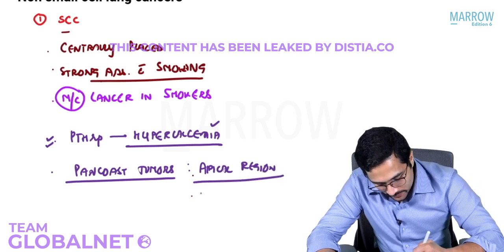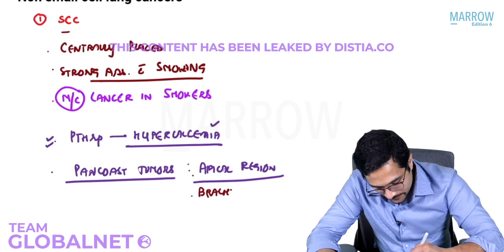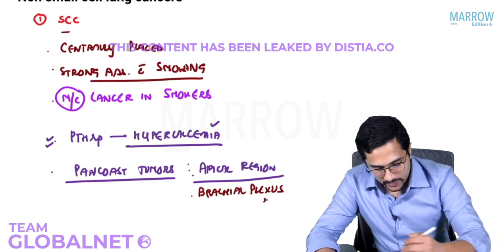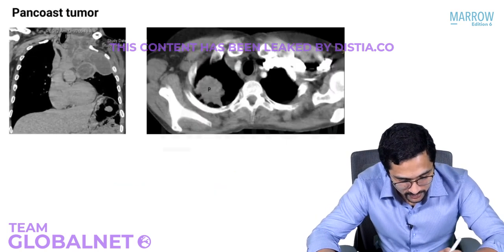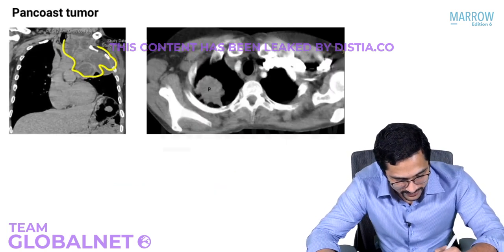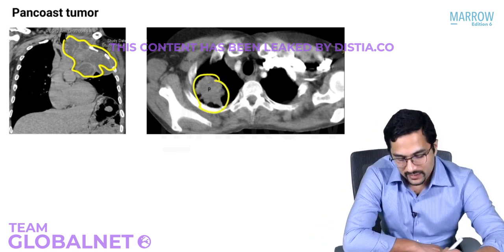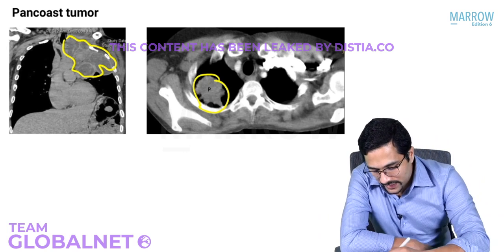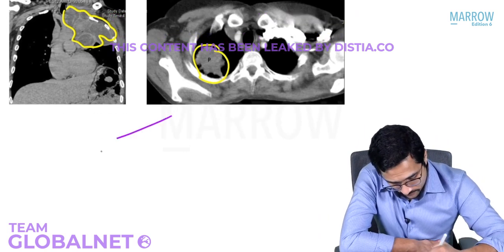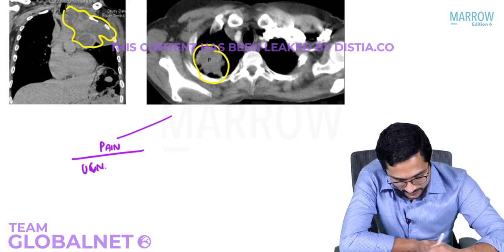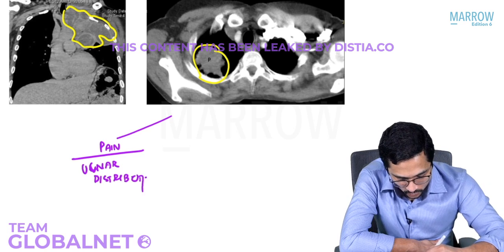And they can press on the brachial plexus. So you can see here on imaging, you can see this apical tumor here, and this can press on the brachial plexus. This is a Pancoast tumor, which is usually a squamous cell carcinoma, and we know that this can give rise to pain mainly along the ulnar distribution,